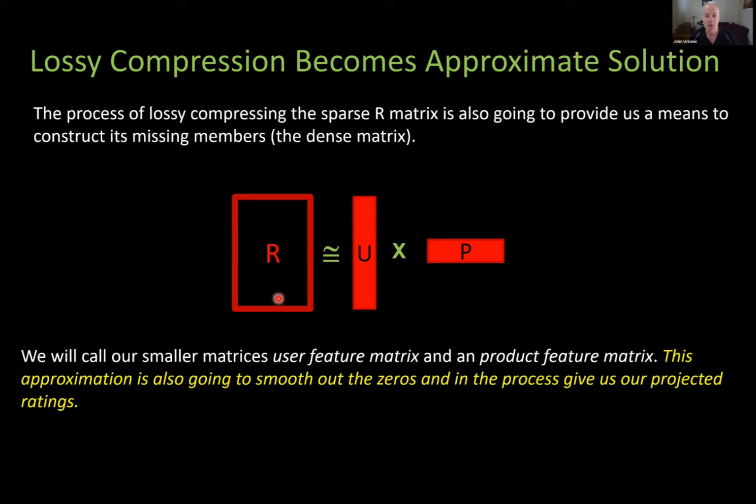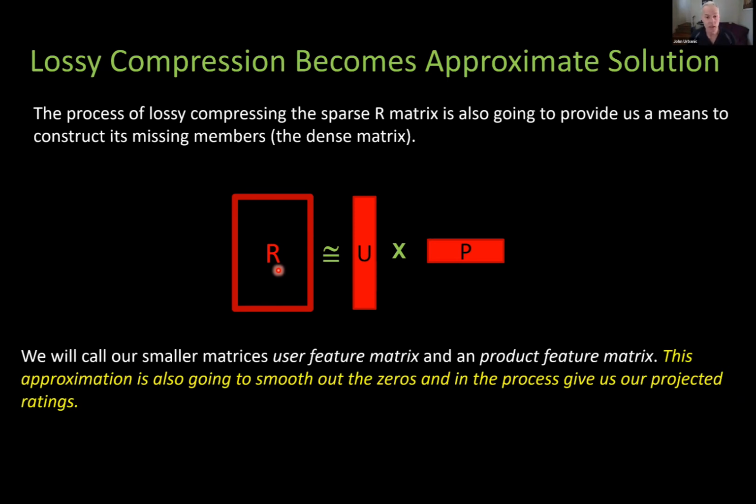It's going to get smearier and smearier, and the stars are going to get smeared out. That's exactly what's going to happen with our data points from our R matrix as we keep trying to compress them into these smaller U and P matrices by picking a smaller value of K. What we're going to end up with is the zeros being smeared into, and intuitively, it seems like that's nothing but bad. It's an inevitable trade-off for compression.